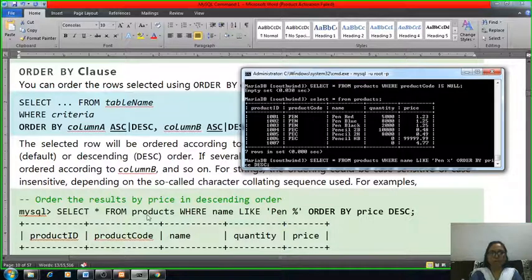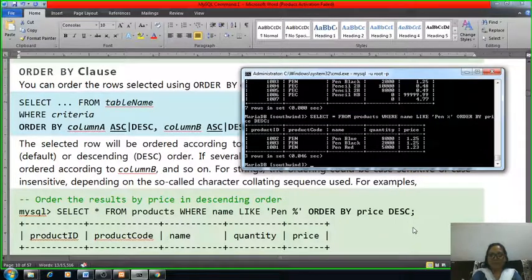SELECT * means all from the product table. Here we are putting a WHERE clause condition, where the name is like 'pen%', meaning the first three characters should be 'pen', and these results have to be displayed ordered by price in descending order. So it will display the output.